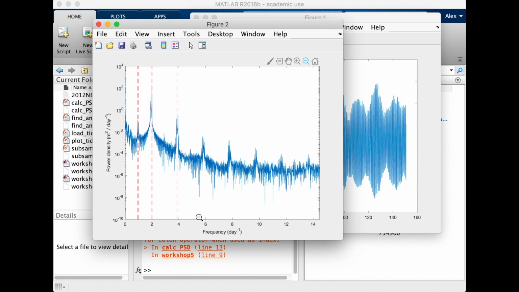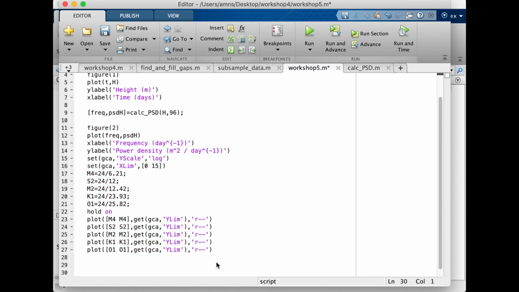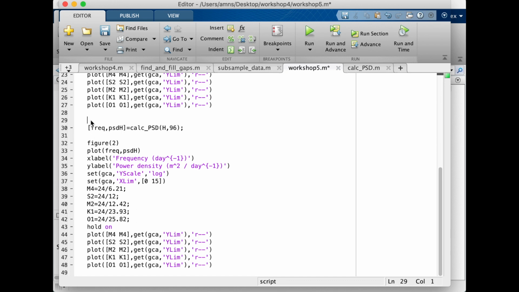So if I go to my script, what we'll do is we'll take all of this code where we're calculating the PSD and then we're feeding it into a plot. I'm going to copy that and then I'm going to paste it. I'll add a little note to say now reduce the length of the data series. Now to reduce the length, I can just feed in a subset of the data. So I can say here that I want to go from the first value, and there are 96 values per day. So if I want to include